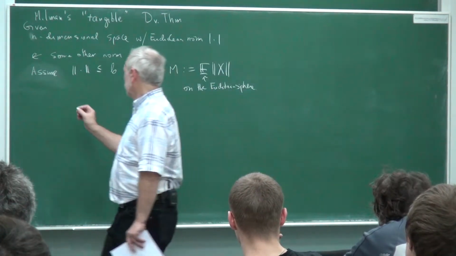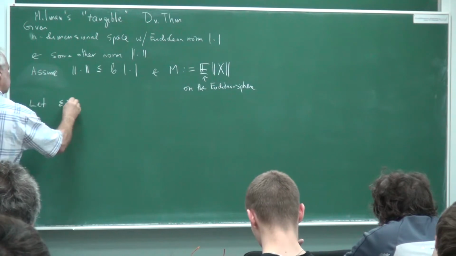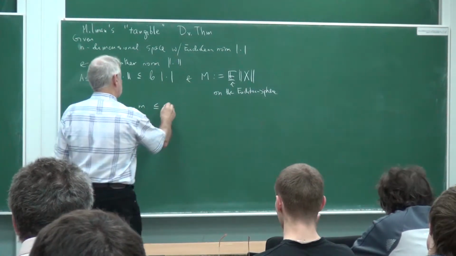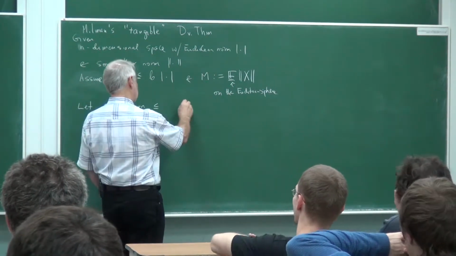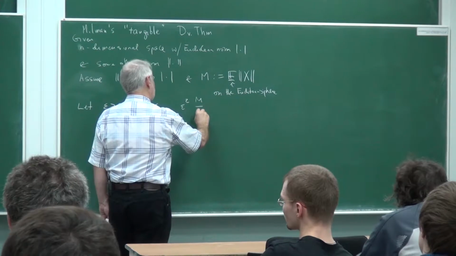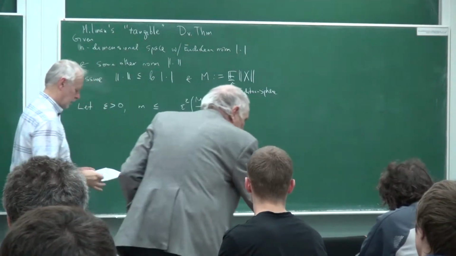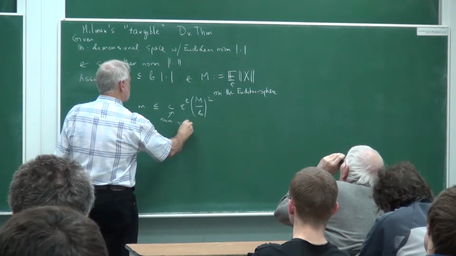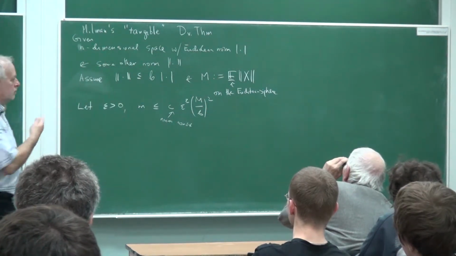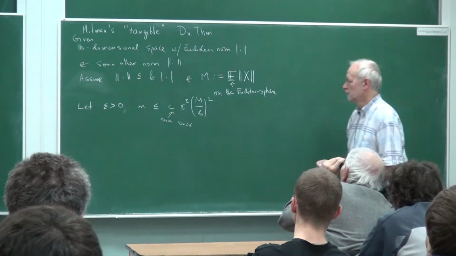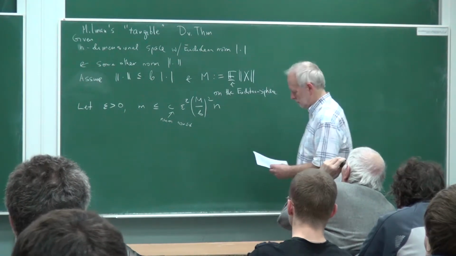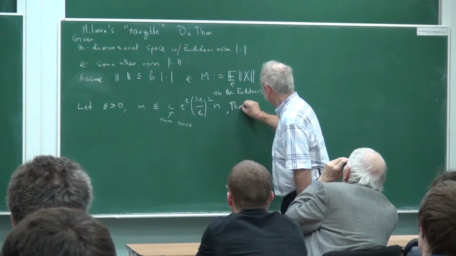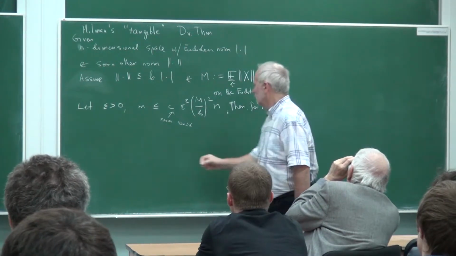So now let epsilon be positive, and let m be any number that is less than or equal to epsilon squared, then M over b squared, and I will throw in another numerical constant, something like 1/10 or 1/3 or 1/100, but I will not specify, and then times n. Then for most m-dimensional subspaces,